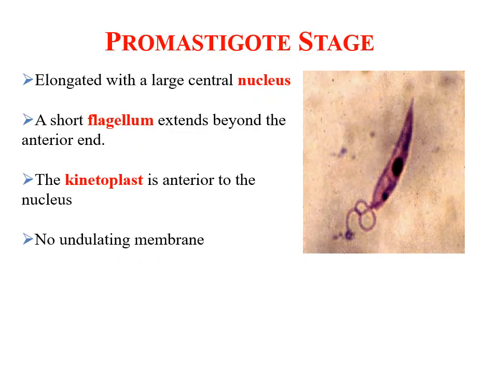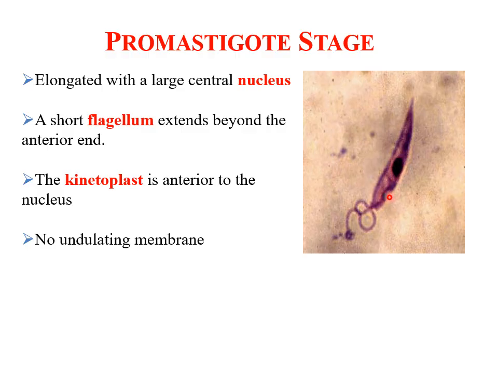Going back to Leishmania species, for the three of them, they have two stages in their life cycles, the promastigote and the amastigote stage. Let us start first with the properties of the promastigote, which is the flagellated stage of the parasite. So this is an elongated stage. You can see two